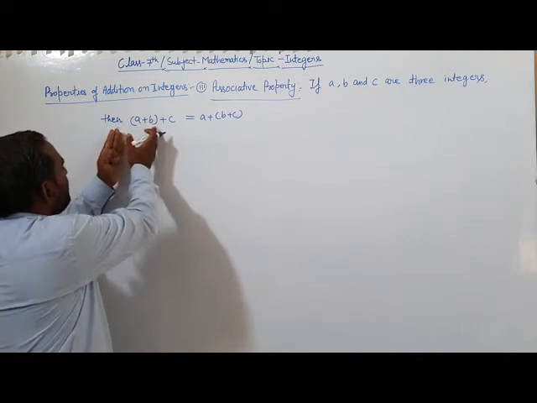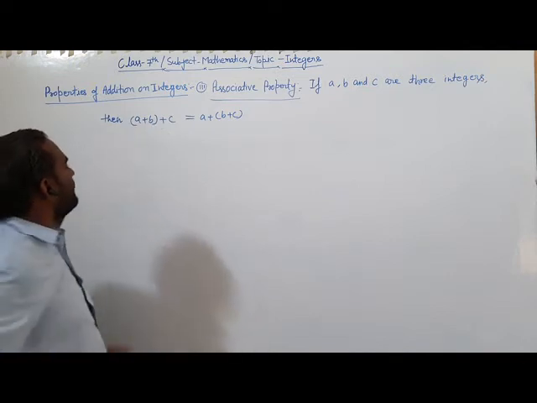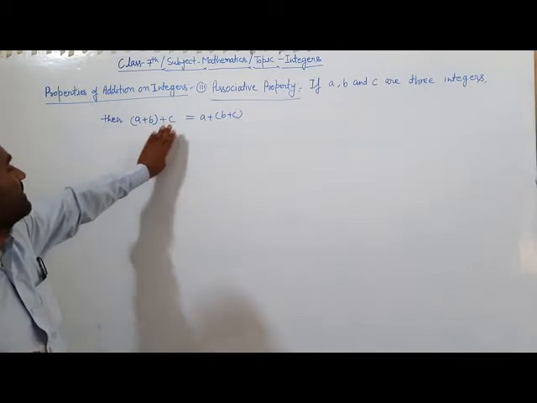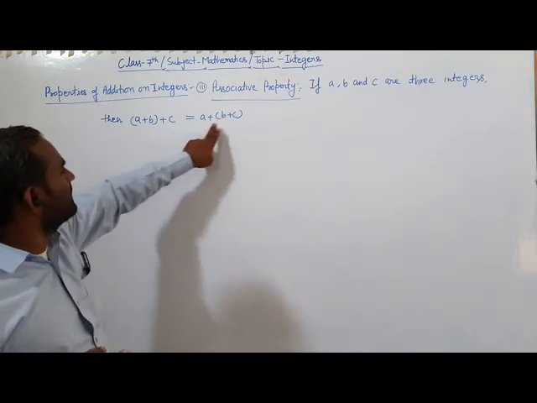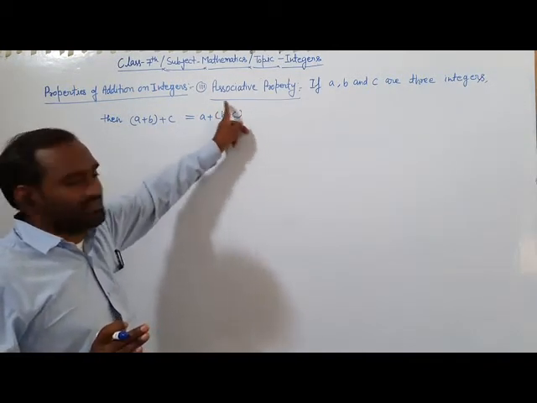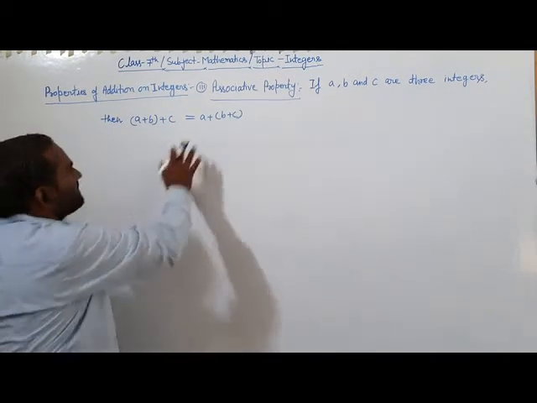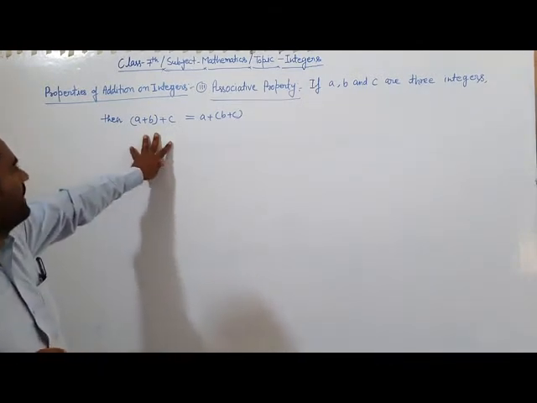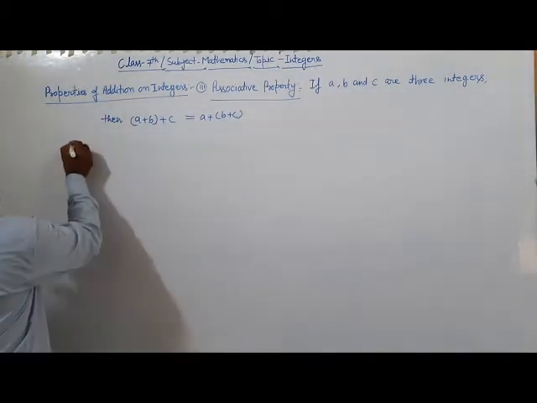First of all, we group three rational numbers, first two integers, first and second. The sum of first and second integers is added in the third integer. Here, second and third integers are added in a group, and the sum of third and second integers is added in first. In both cases the answer is the same. So this is the associative property.